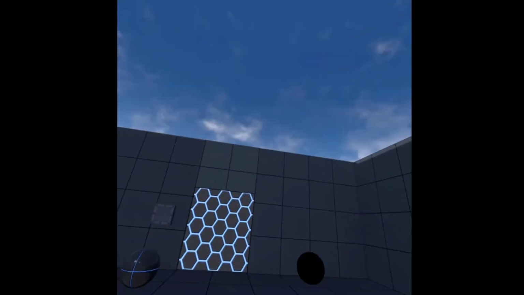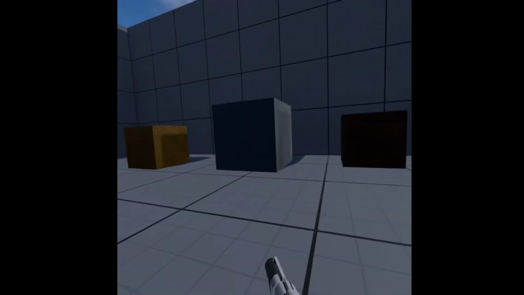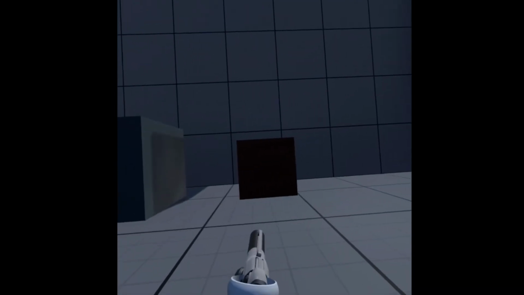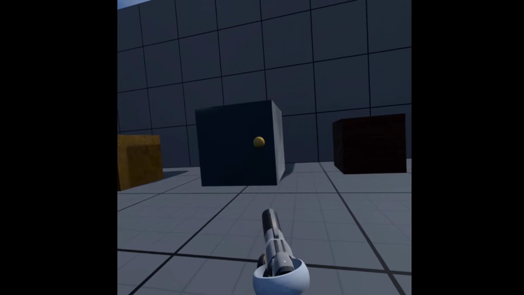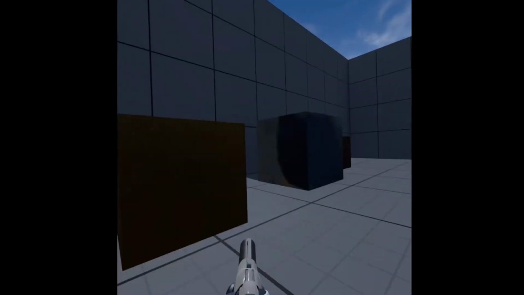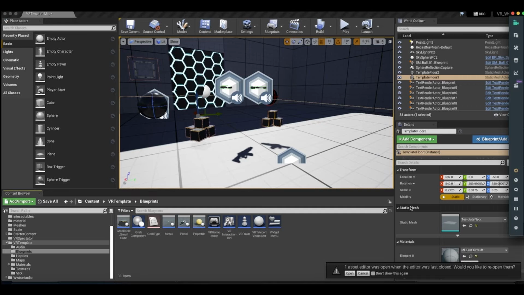Hello, in this video I'm going to be talking about how to implement audio into VR using Wwise and Unreal. Alright, so the first thing I wanted to do was to add a sound as the projectile left the pistol,